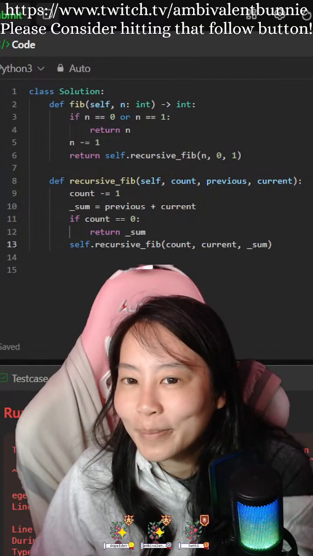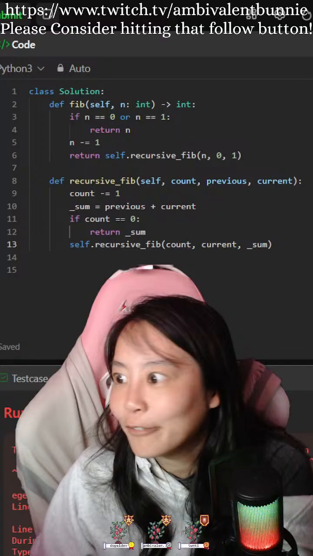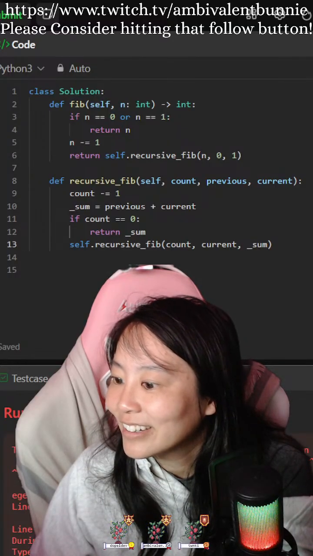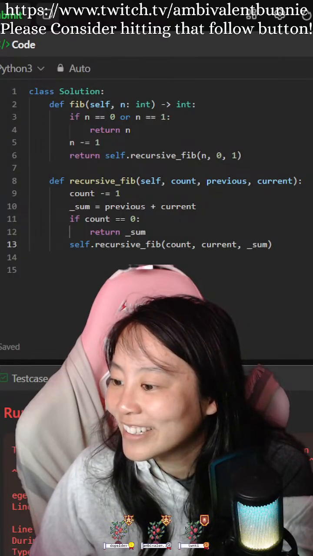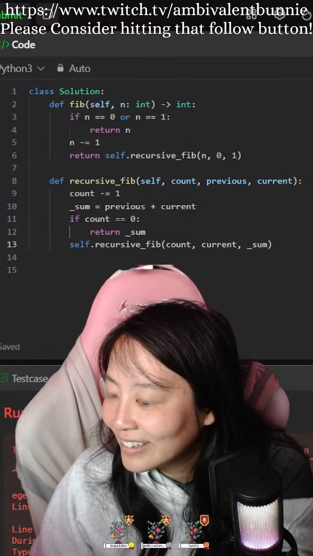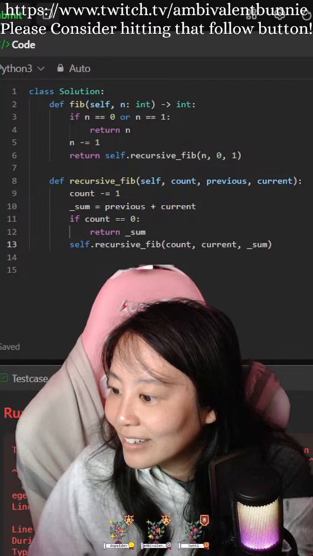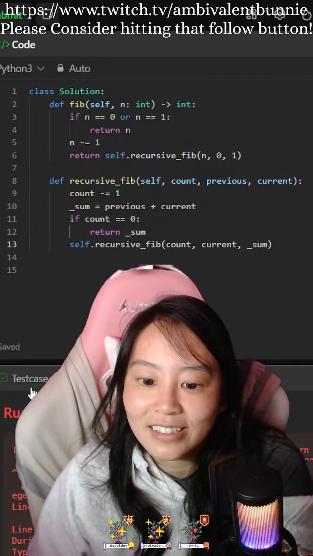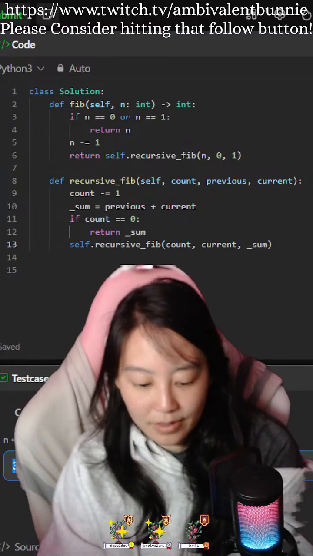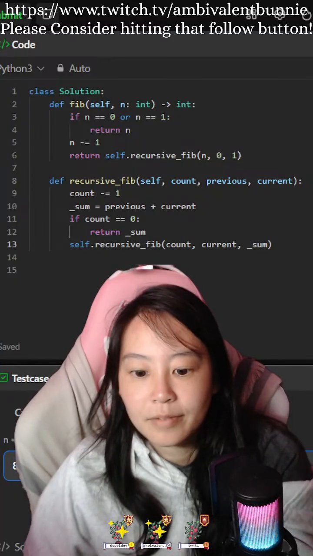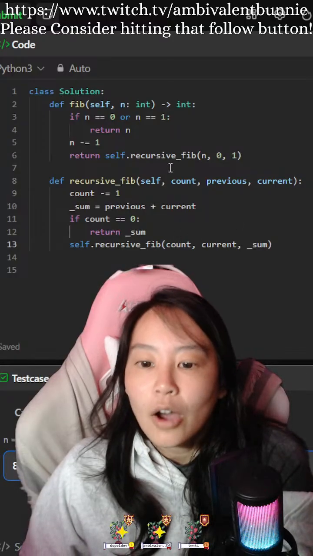Or for loop, for i in range. All solutions to Fibonacci are intuitive. Okay, hold on, guys. Hold on. Okay, so...